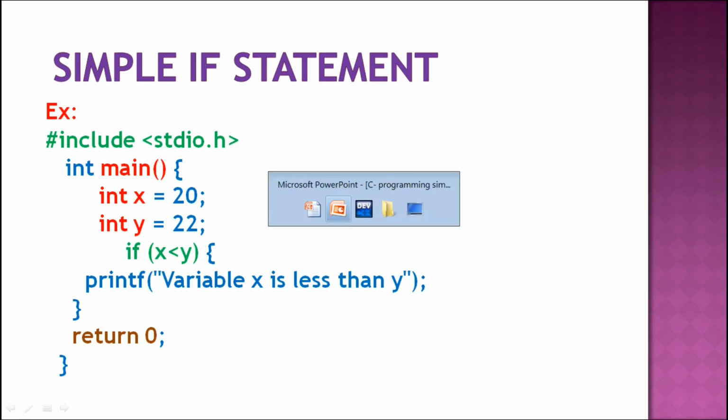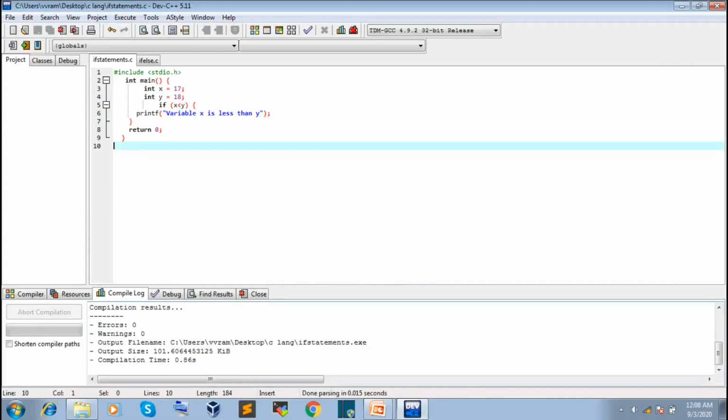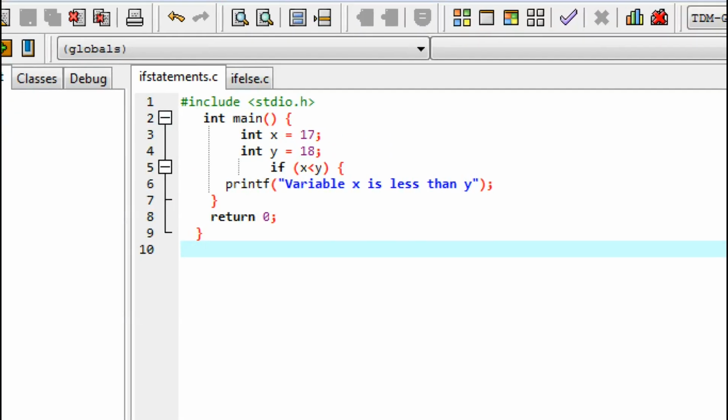Let us jump into our program. This is our C++ IDE. Here we can see our program, if statement.c.